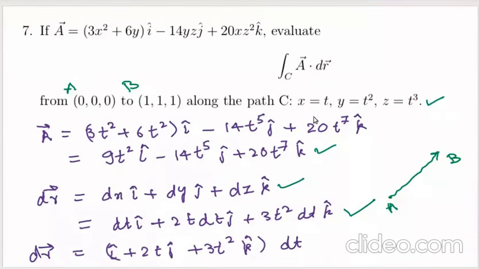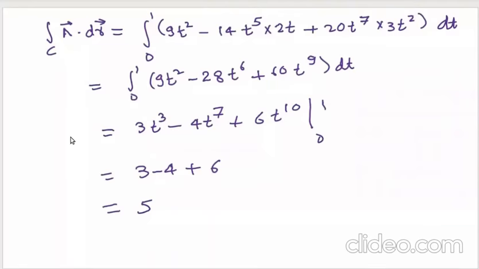So you can take the dot product of this vector A with this dr, and you have to integrate. As x is going from 0 to 1, y is also going from 0 to 1. All the variables are going from 0 to 1. If you put these values here, you can see that the t variable will also go from 0 to 1. So the limit will be from 0 to 1, and you can take the dot product here. So this integration along the curve C of A dot dr can be written as the integral from 0 to 1 of this expression times dt, meaning you are integrating only with the variable t now.